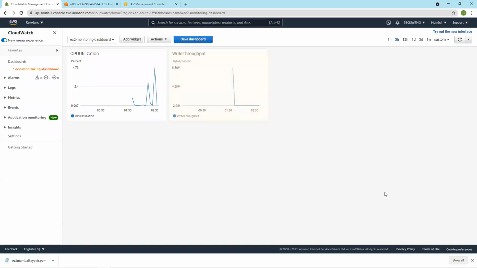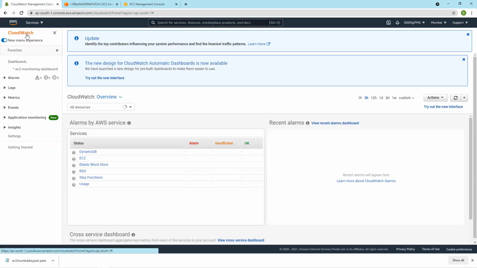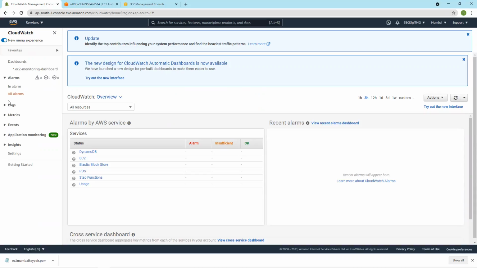Create widget. So we have not written anything at all, but it's saying 8.56 M. Like this, you can add so many widgets and also multiple dashboards. And CloudWatch also comes with other features. Let us go to CloudWatch. Dashboards, alarms, logs, events, and of course, metrics. So these things are there.